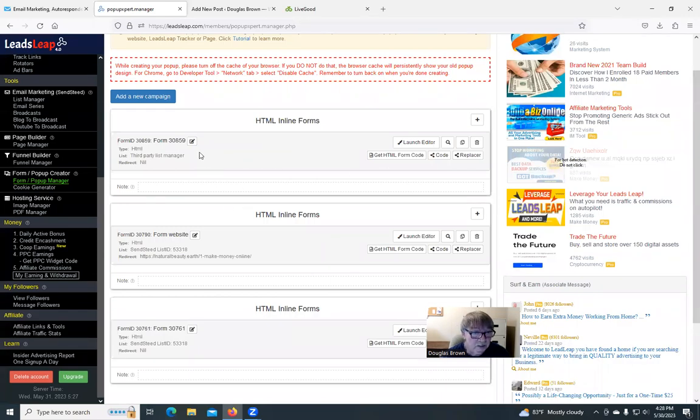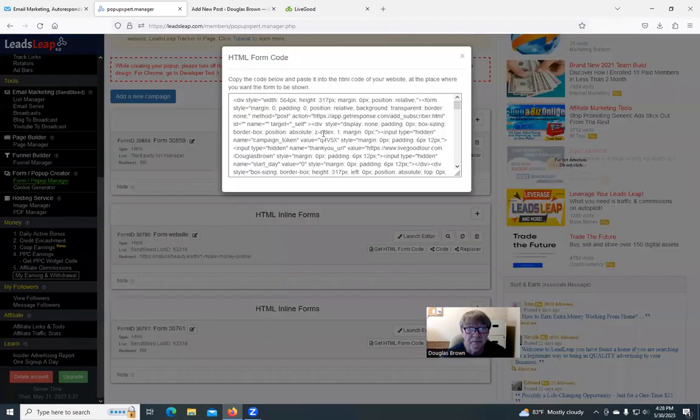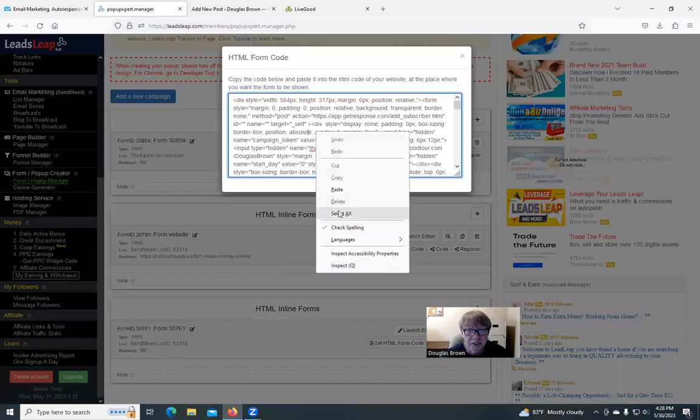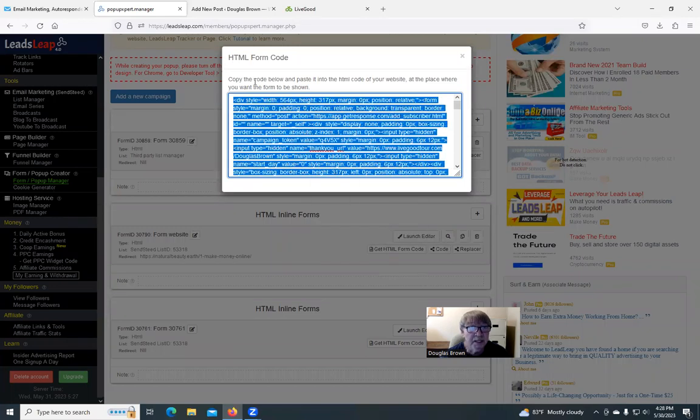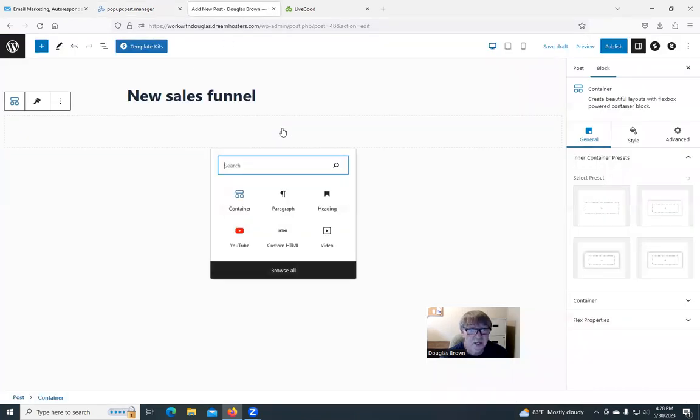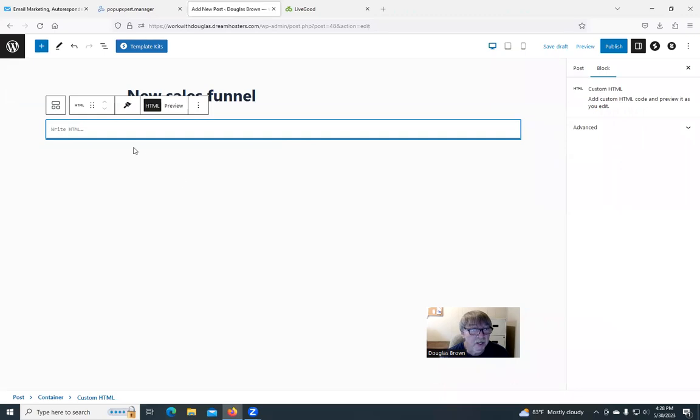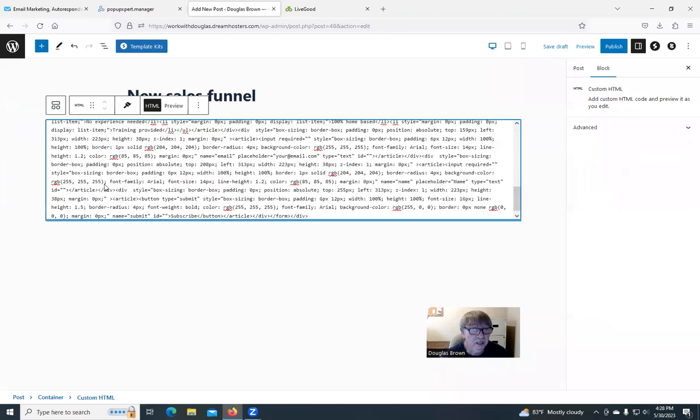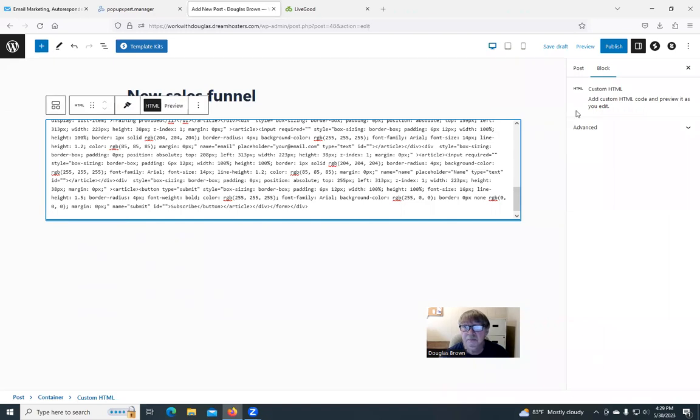And HTML form. So which one is it? I got 3 of them. So that goes to my other 2. Now this goes into a, and that goes, so it's got to be this one. So I'm going to get the HTML form code, which is this right here. Hit select all, copy, and here I've got to add a custom HTML. Hit that, hit publish,